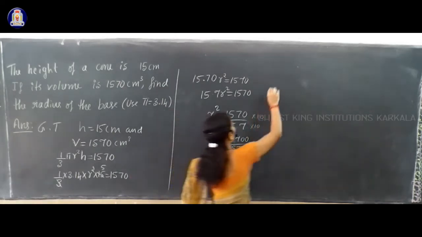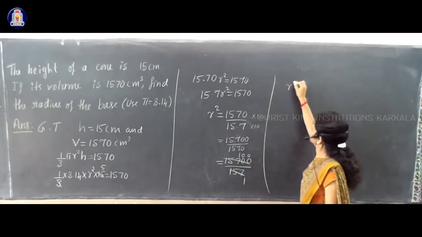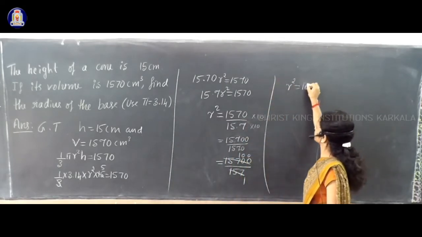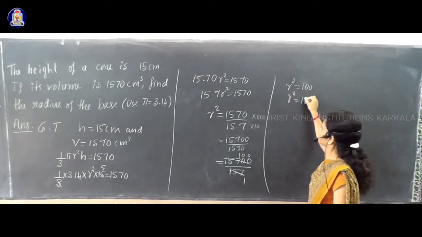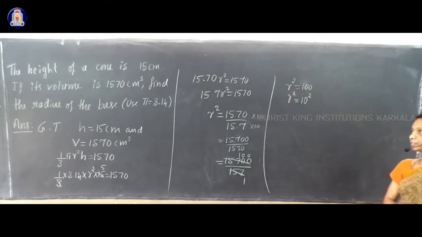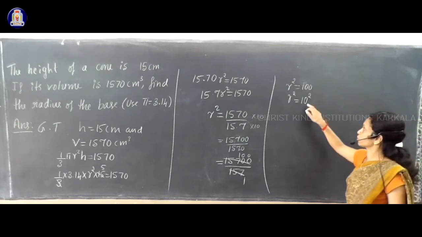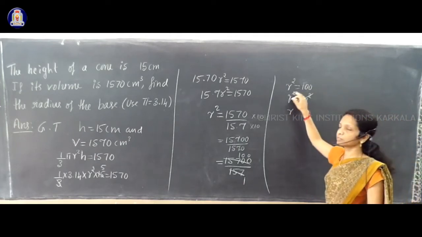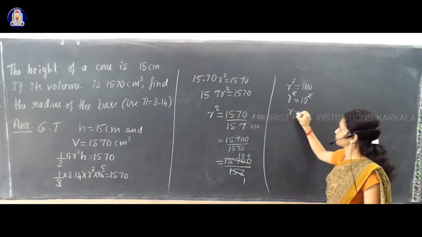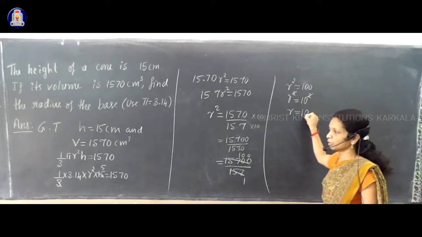Okay. So now easily you can cancel 1 times 100 times 157 is 15,700. So R square is that 100, and 100 is the square of which number? Like that you have to write 100 in a square form. 100 is the square of 10, so write 100 as 10 square, and cancel powers, same powers on both sides. So then you will get R is equal to 10.